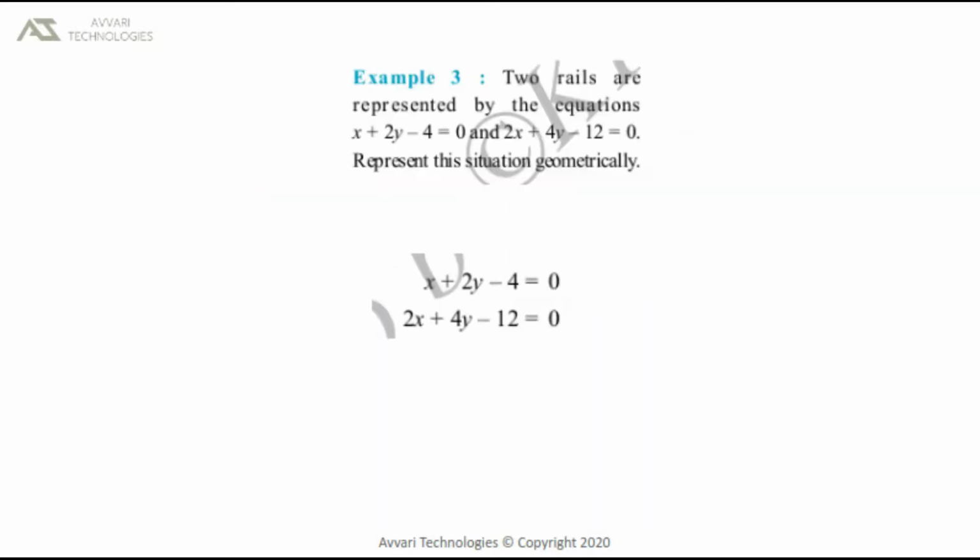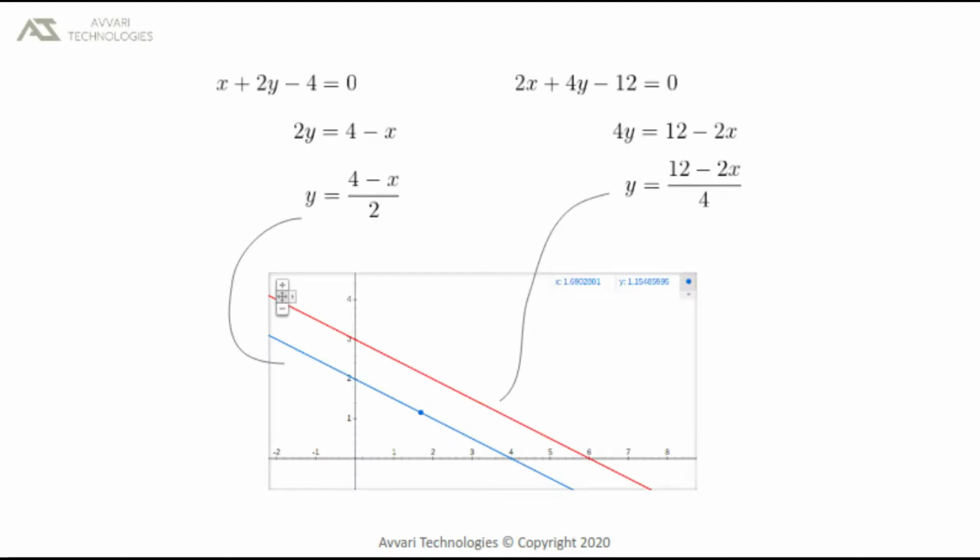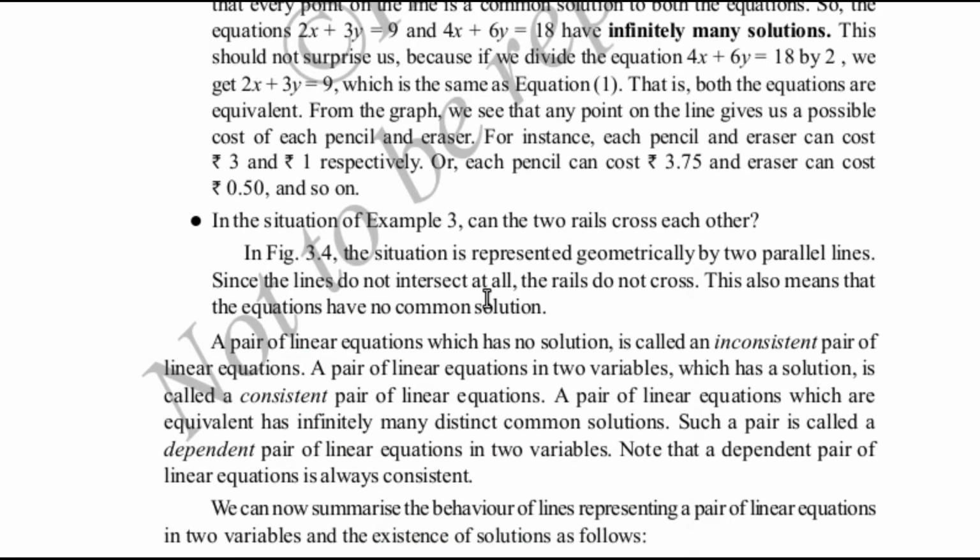Now let us see example 3. Here in this case, two equations are never going to meet each other. That means the two equations are going parallel to each other. We cannot have a common point here, right? How can two parallel lines intersect? They don't intersect. We don't have a solution for this. So we did not have a common solution for example 3.